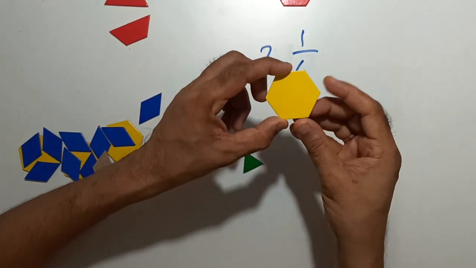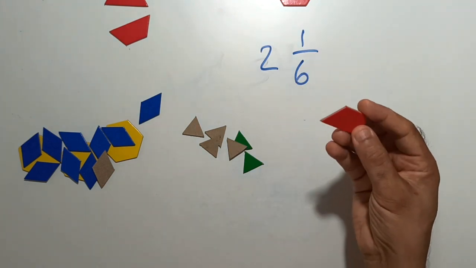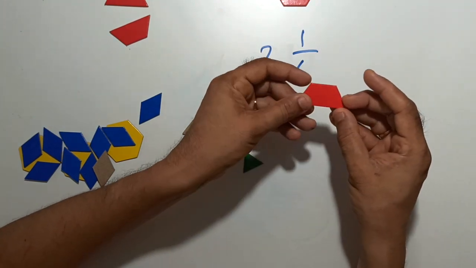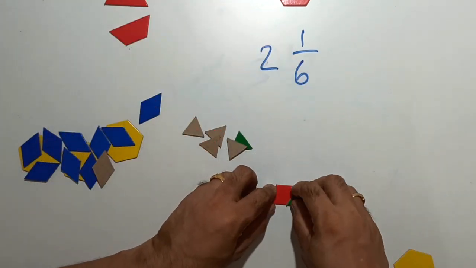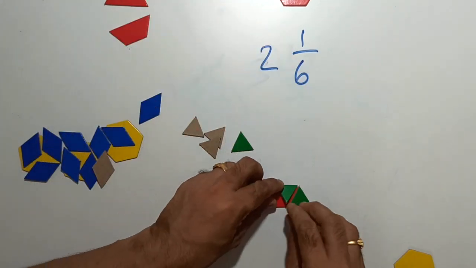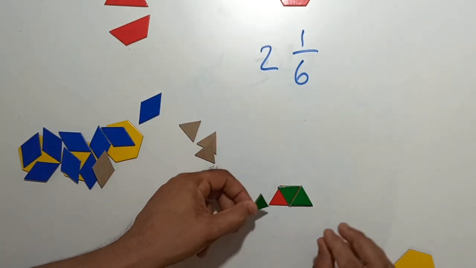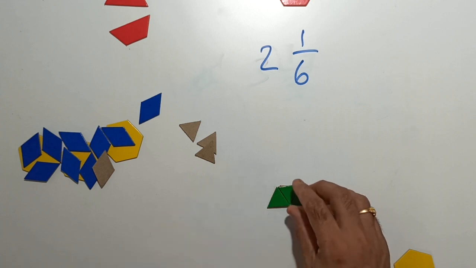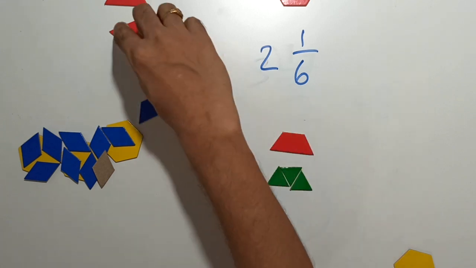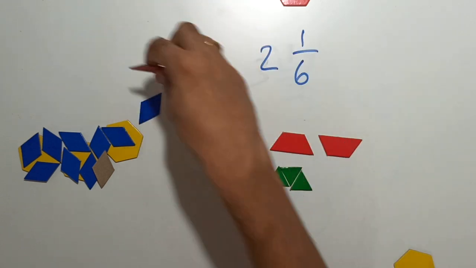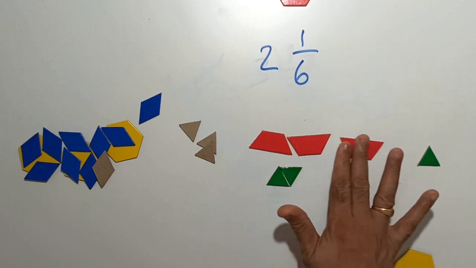Again, the whole does not have to be this. You can take any part to be the whole. So in our previous example, I can take this to be the whole, and I can say that I have 3 parts forming the whole like this. So I could have used this when I wanted to represent 3 and 1 by 3, right? I could have taken this to be the whole also. And I can say that 3 and 1 by 3 was something that looks like this. This is also perfectly fine.